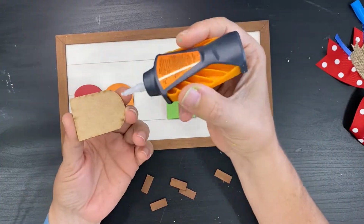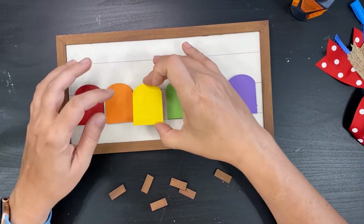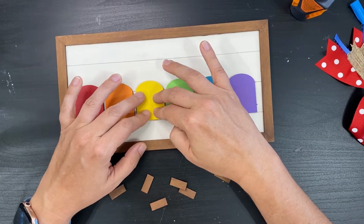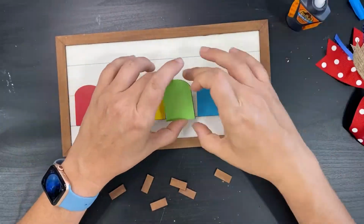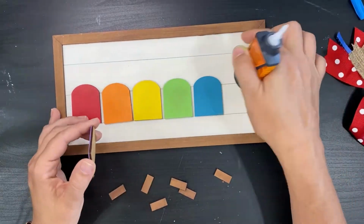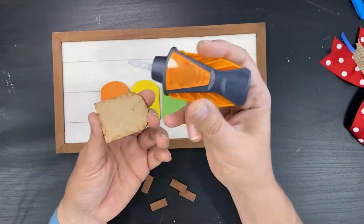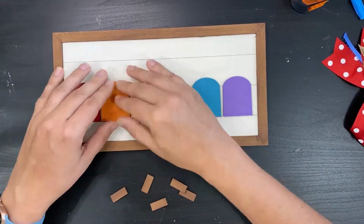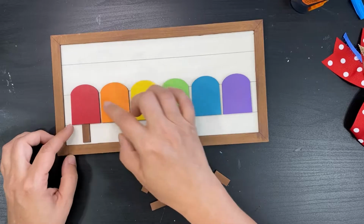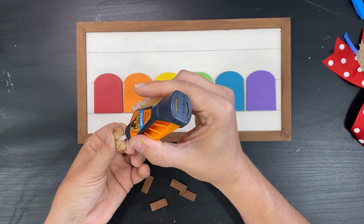Okay, so I'm gonna just grab one. I'm gonna get some super glue on here, and I'm gonna lay it down. You can slide it for a second, but then it sticks. So slide it for a second and then these are on here. Now I can put my little sticks on. So you want them to go kind of centered up with your popsicle and right up under it. Oh, duh. I feel like I didn't need to explain that, but...